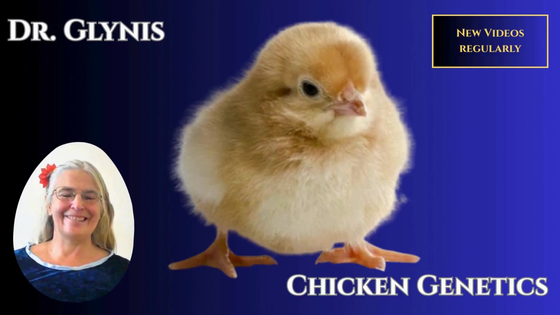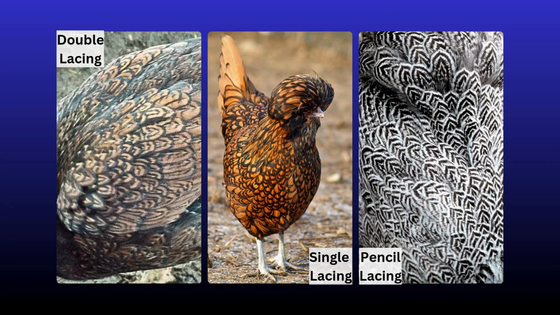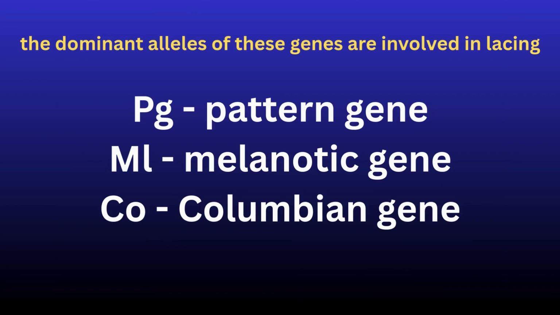to my chicken genetics videos, where today we're going to consider single, double and penciled lacing. Lacing involves 3 genes in a surprising but not difficult to understand way. These 3 genes include the pattern gene, the melanotic gene and the Columbian gene, the last 2 of which we